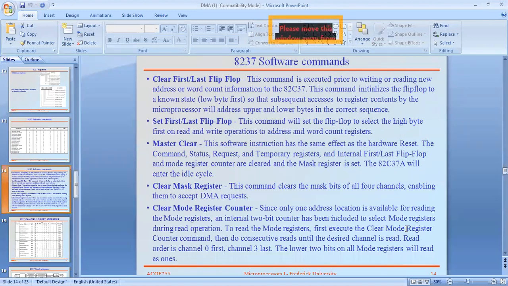The second command is set first. Observe the difference between the first command and the second command: the first is clear first and the second is set first. What is the difference between set and clear? Did you learn about the set and clear commands regarding the flip flop?